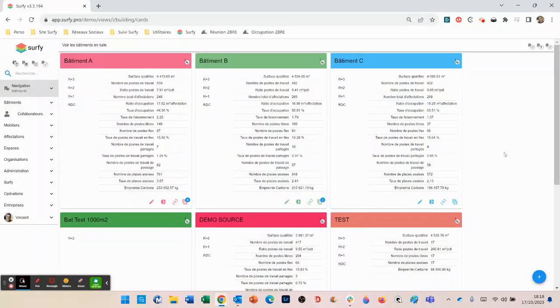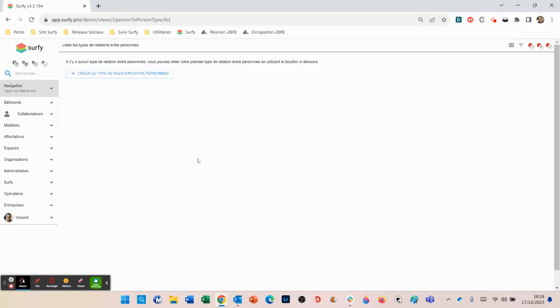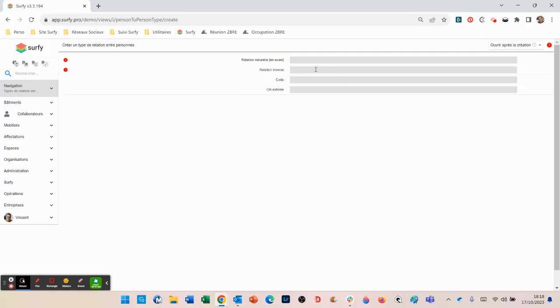We can create relationships between people such as "is manager of" or "is managed by". To do this, we're first going to create the relationship rule: collaborator, relationship, type of relationship. We will list the types of relationships. For the moment, there is none, but we can create the type of relationship between people with a natural relationship